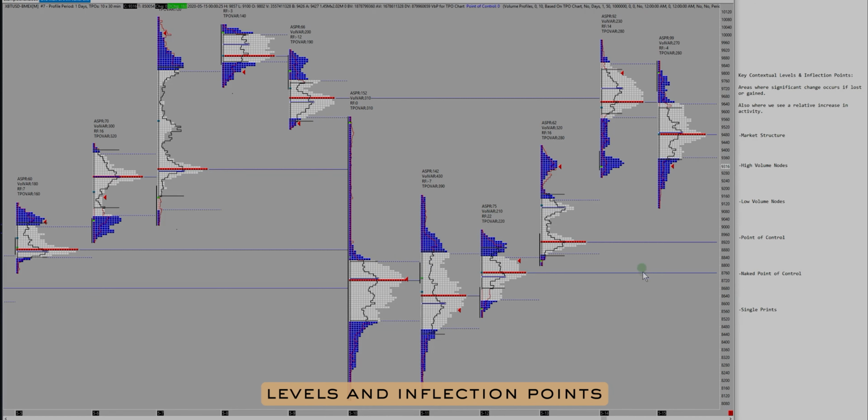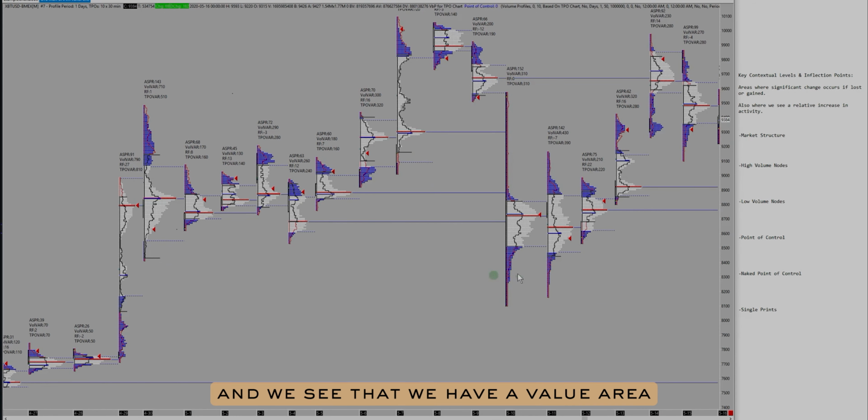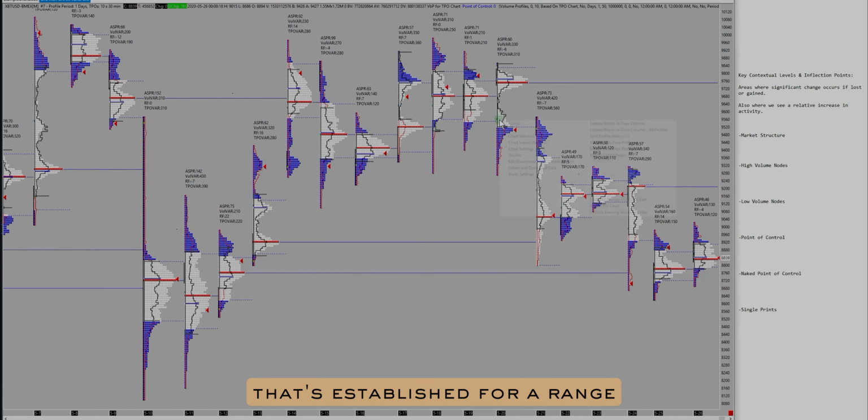So key contextual levels and inflection points, these are areas where they should be serving as support or resistance. They are areas where significant change occurs if they're lost or gained. Right, so in the case of single prints, if we gain the single print area again, significant change occurs because this was a significant move down. We were ranging. If we start gaining that level again, we're likely going to cover it. The same concept occurs within ranges, right? So if we're creating a range and we see that we have a value area that's established for a range,